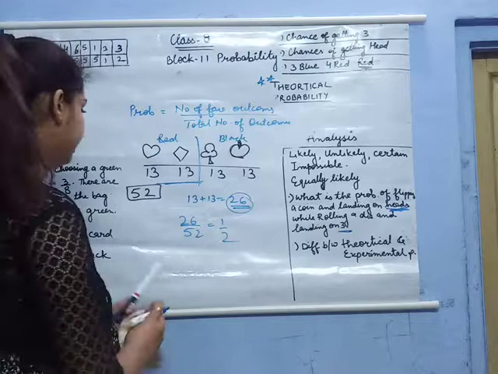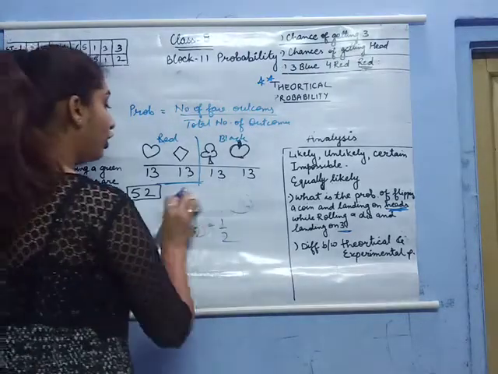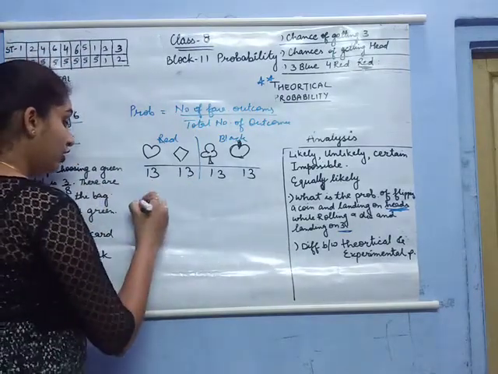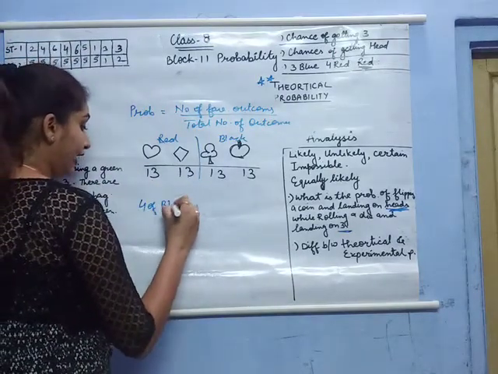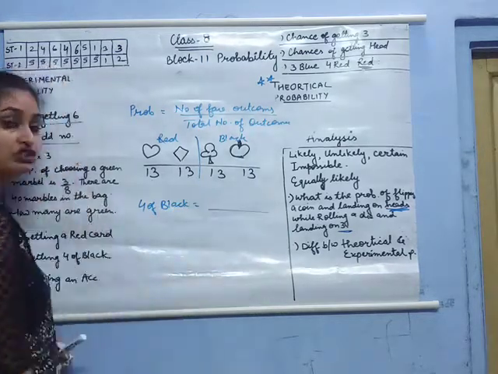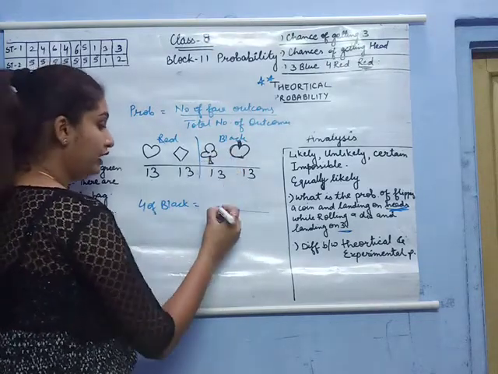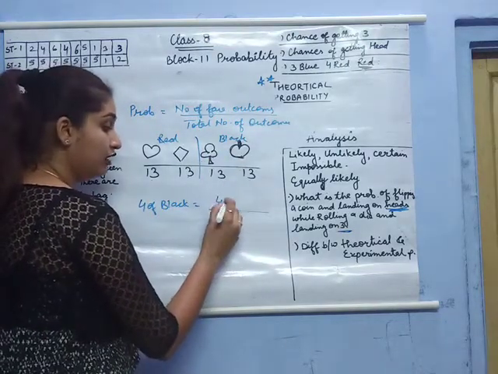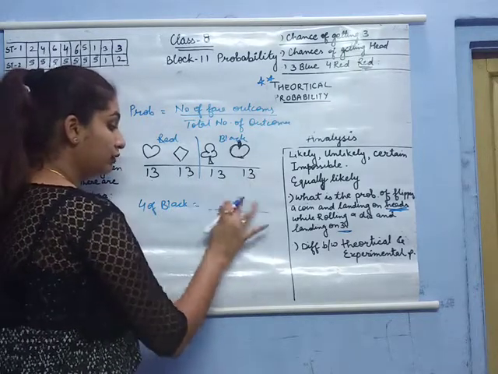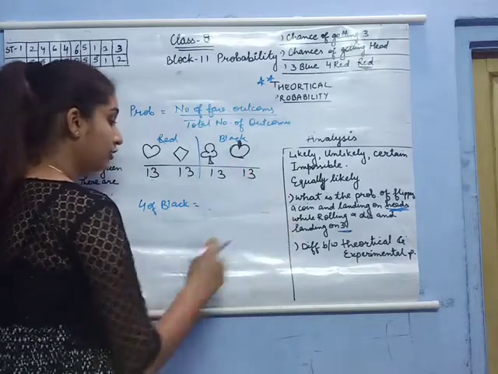or black. The next event is getting a 4 of black. 4 of black means what? Write the outcomes which are possible or favorable. So it can be of spade, 4 of spade, 1 card. And 4 of club, so we'll have 2 cards, 1 spade and 1 club, right?